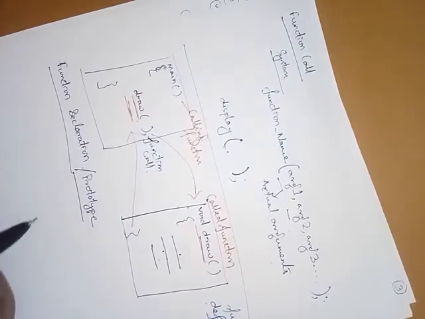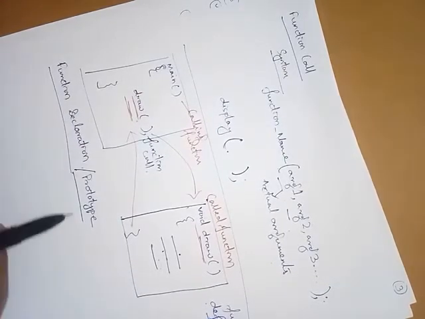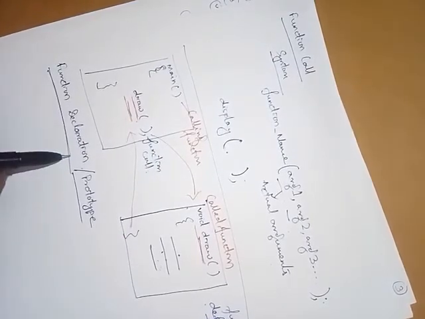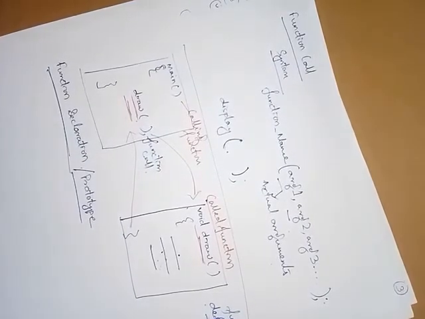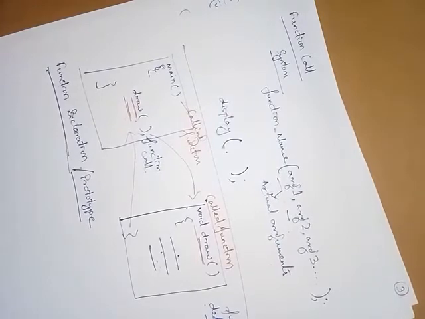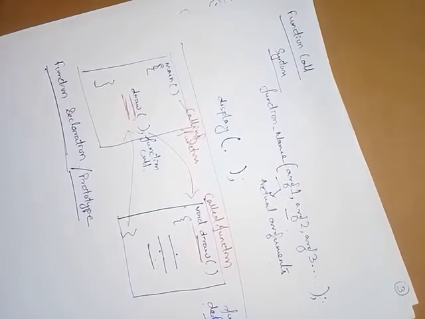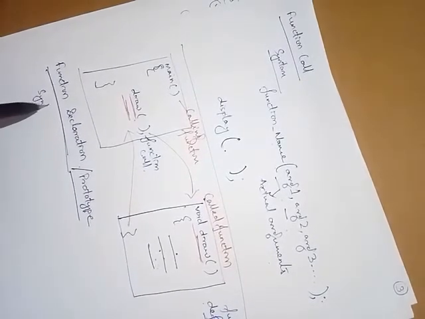That means it informs the compiler the name of the function, the type and number of arguments received by the function, and the type of value returned by the function. And the syntax here is